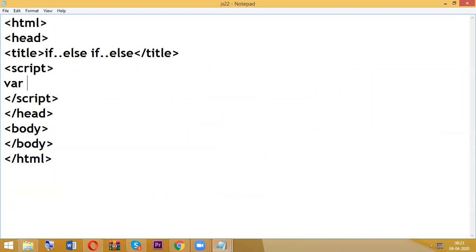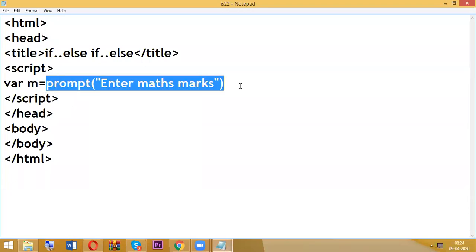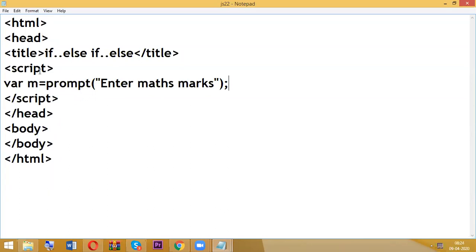I'm going to consider three subjects. Okay, so maths. So simply I'm considering M. I'm using prompt. So enter max marks. In this case, I want to convert into an integer number with parseInt.